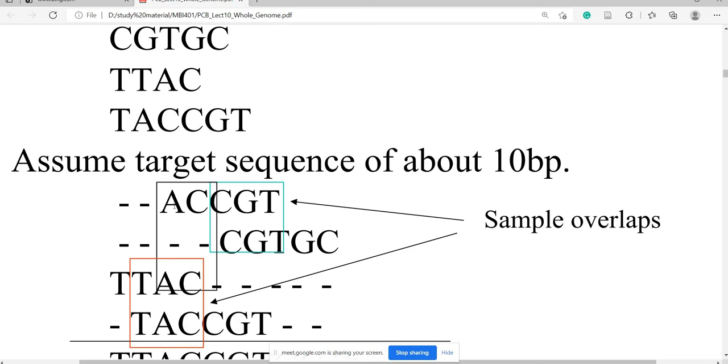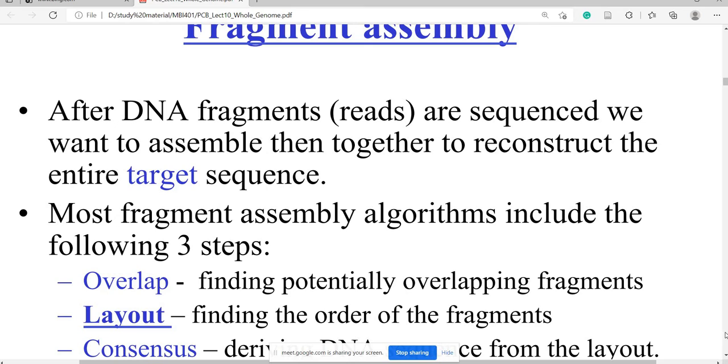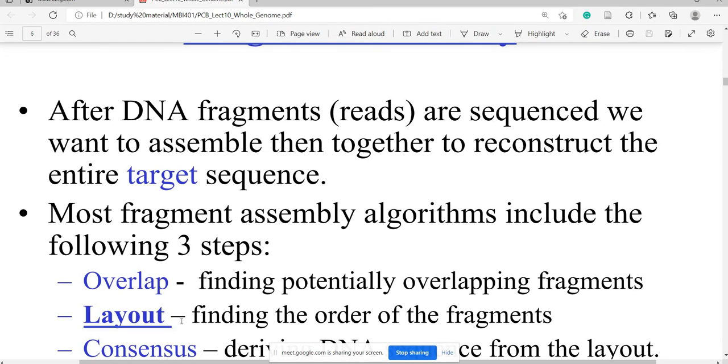Then only can you align these fragments. If these fragments belong to the same strand, they will align together because they show similar sequences, meaning overlapping. So this is the second step, layout, finding the order of the fragments.